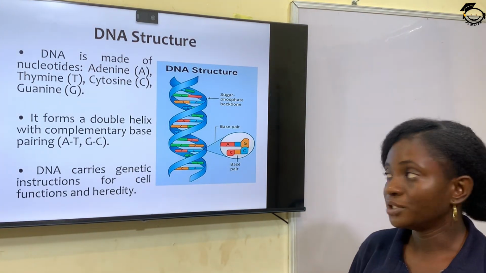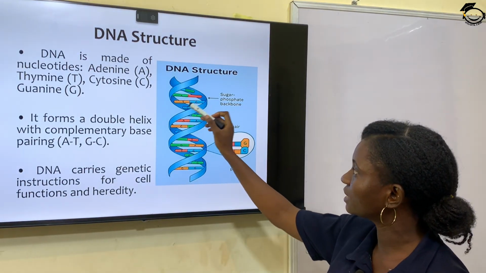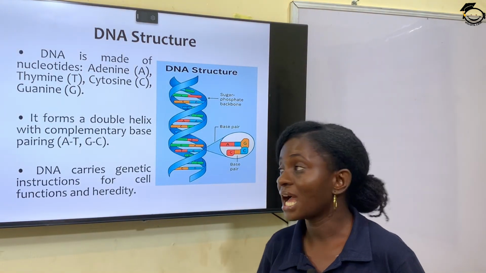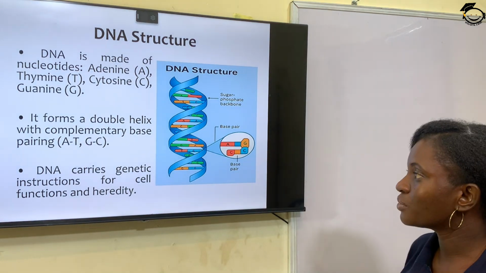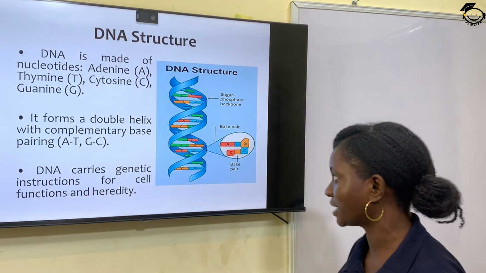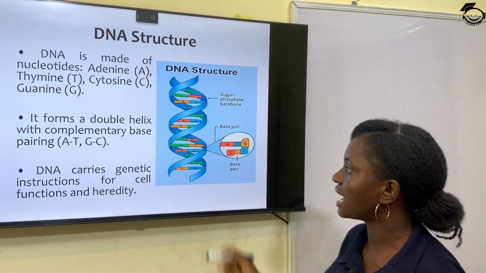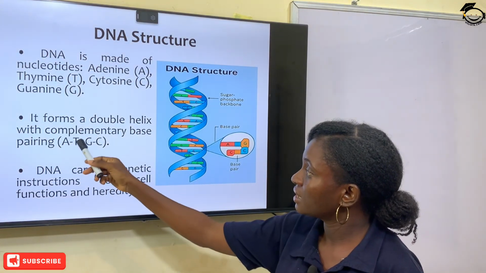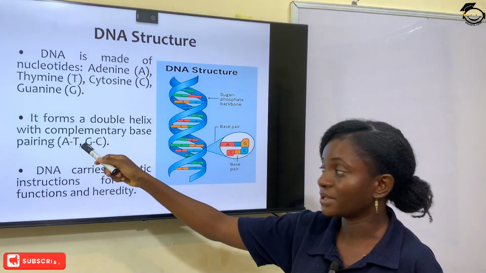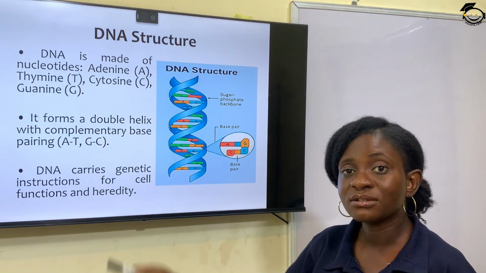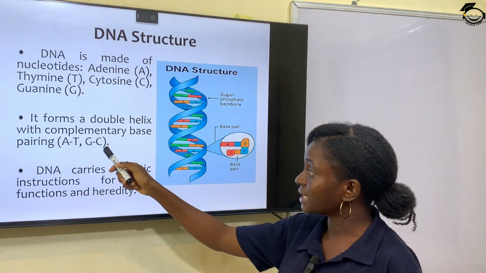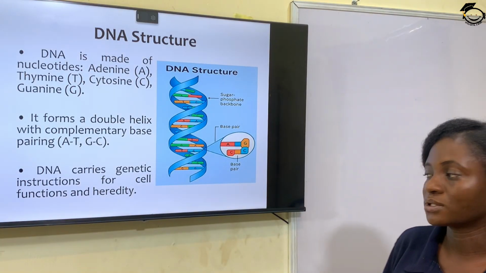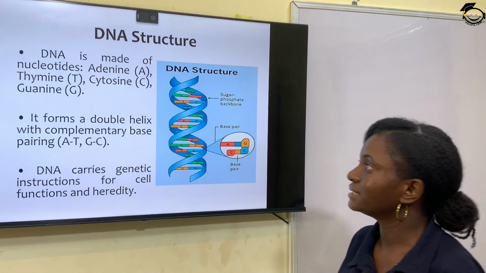DNA is made up of nucleotides. The nucleotides are located here, and they are adenine, thymine, cytosine, and guanine. It forms a double helix with complementary base pairs. These bases form complementary base pairs, whereby adenine forms a complementary base pair with thymine, and guanine forms a complementary base pair with cytosine. So DNA carries genetic instructions for the cell and heredity. The next slide,